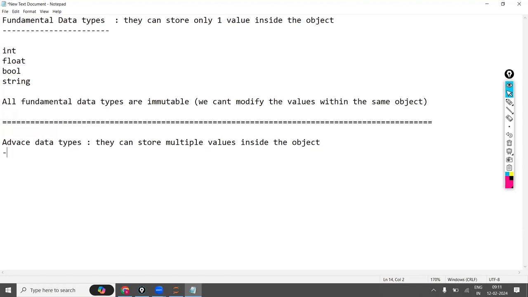That is the advanced data types. In that, the first one is list, the second one is tuple, the third one is set, and the fourth one is dictionary.